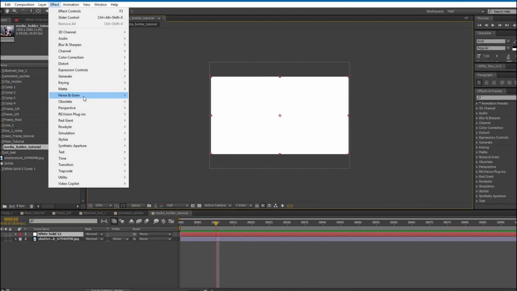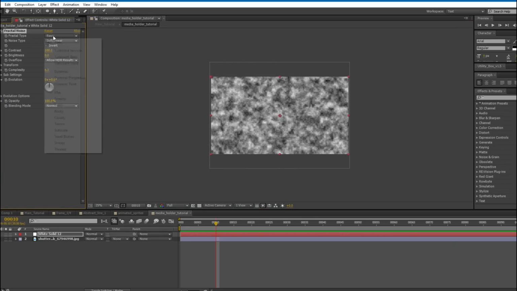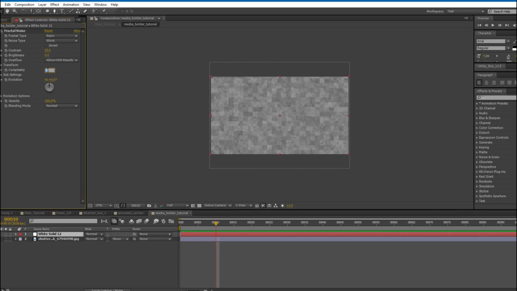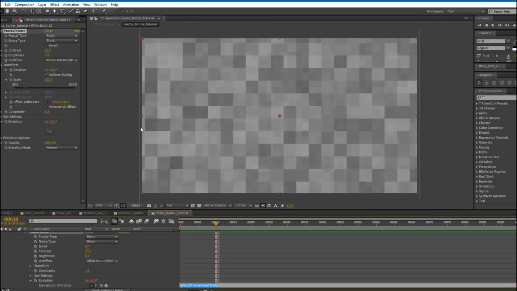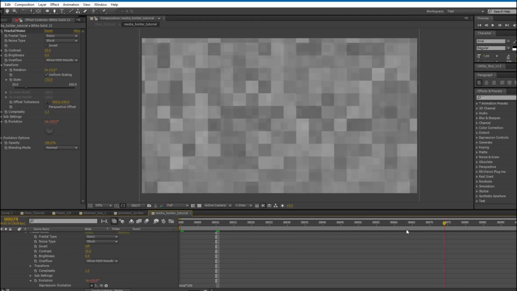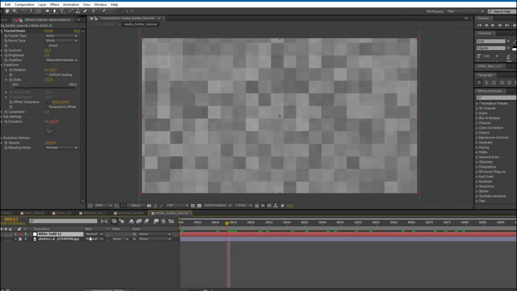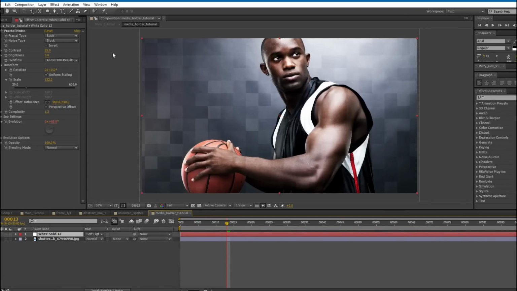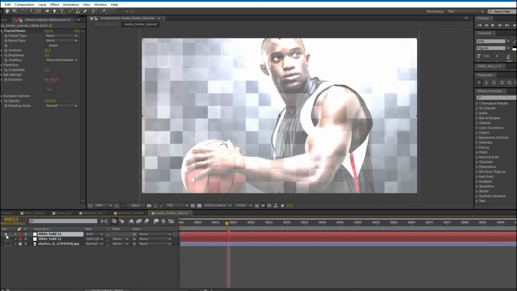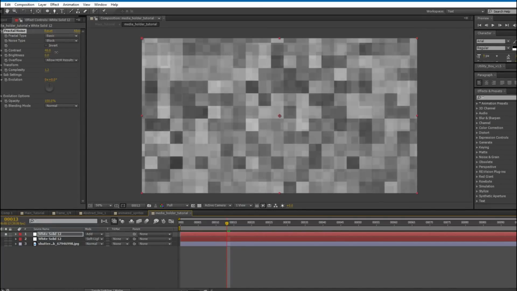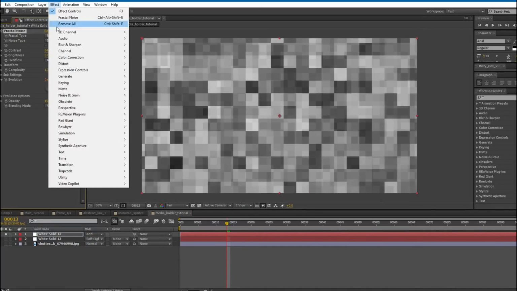So I'll add a fractal noise, set it to block, decrease the contrast, set the complexity to 1.3 maybe, and maybe increase the scale for this, and set the expression for evolution time multiplied by 150, and I will set this to be soft light, and I want to duplicate this layer now, set this to add, and actually I will solo this and work with just this layer and increase the contrast,